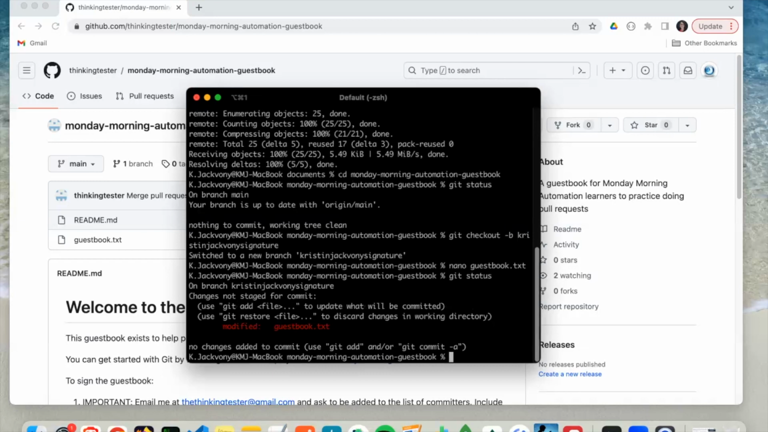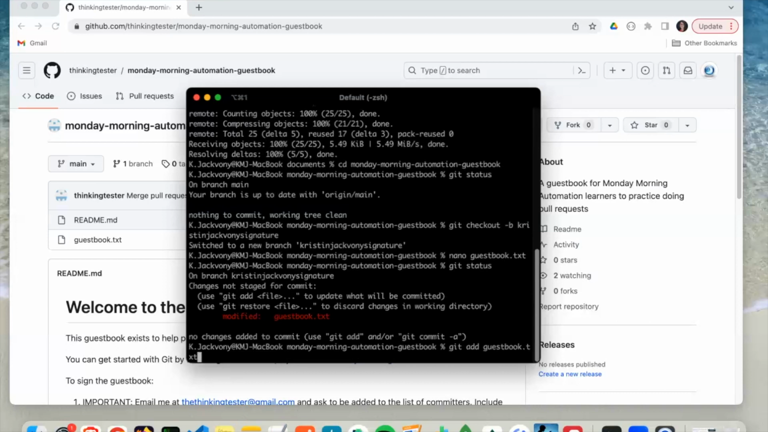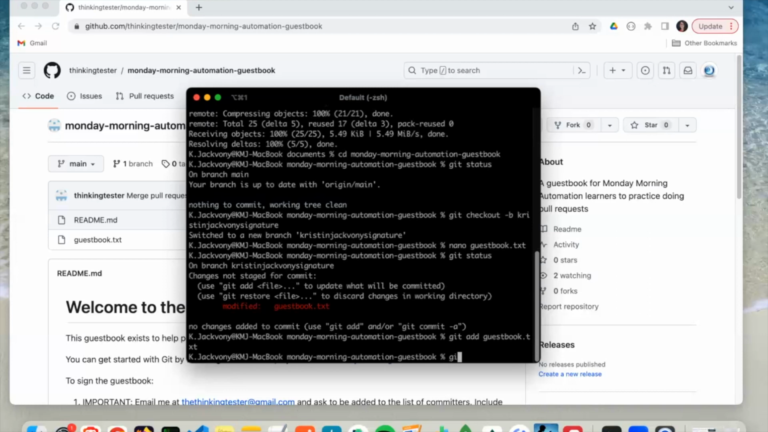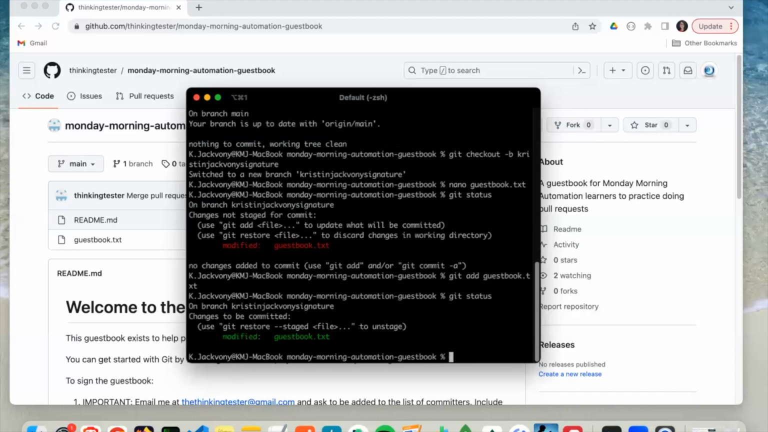So now I'm going to add it to the staging to get ready to commit it. So I'm going to type git add and then guestbook.txt. Now, if I run git status again, I can see that my file is green now, so that means